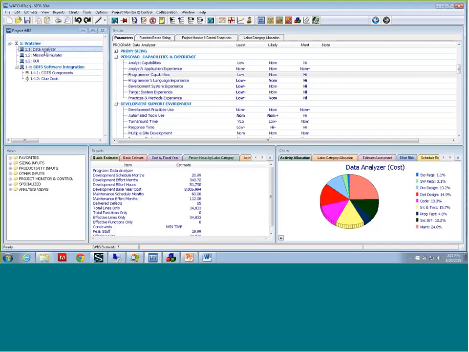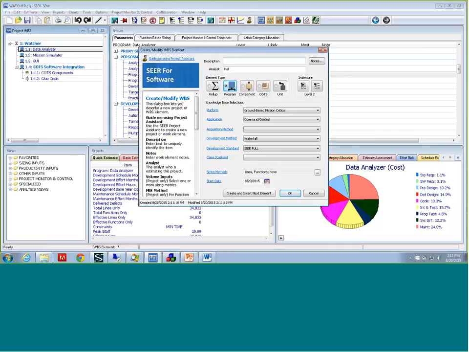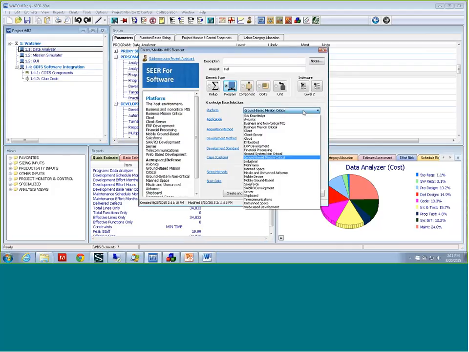Okay, so that was a quick overview of the display. When you are creating your estimate, the key is to insert an element into your work breakdown structure. And SEER, what we are known for is our knowledge bases. So if you are able to describe what you are building based on these selections that you see in these pick lists going from top to bottom,